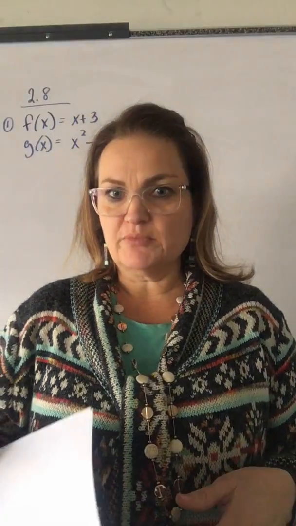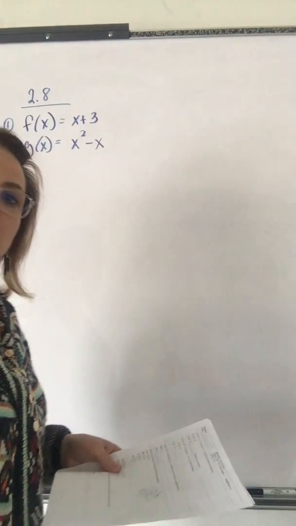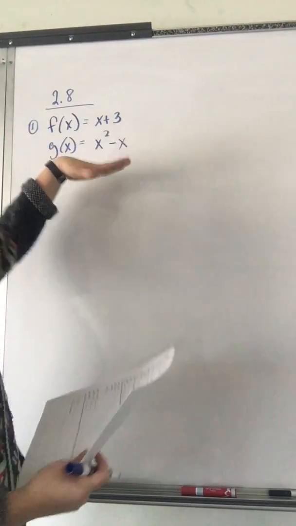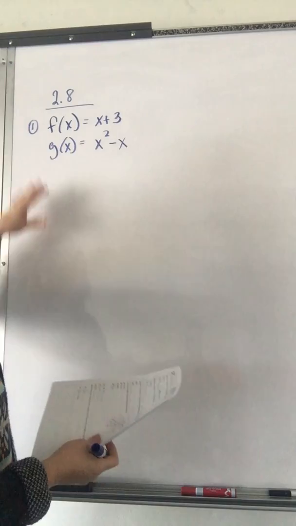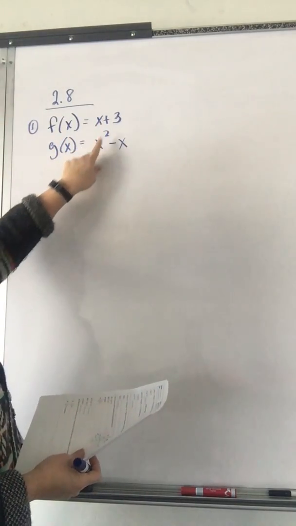Okay, so I'm going to look at some of the section 2.8 questions that are in your MyLabs math program, and work you through some sample problems there. If you'll notice, number 1 has an f of x, and yours will be a little different, regenerated values, but I'm going to use f of x equals x plus 3 and g of x equals x squared minus